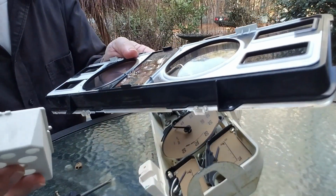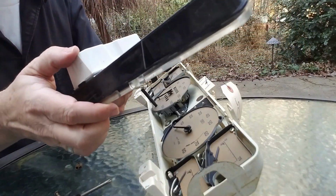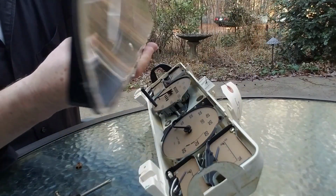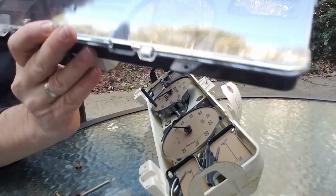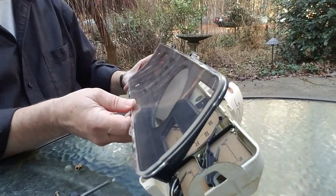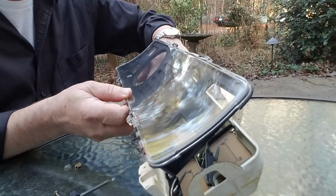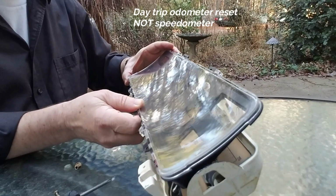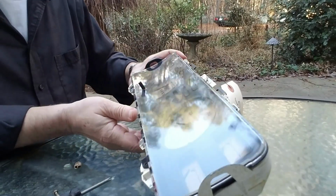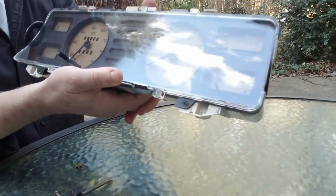Then this will go over this again. Okay, now it looks like this, and then it can be filled in here. Get the speedometer reset in. Okay, now it's sitting probably on the bottom, and then you clip this in place, this and this, and